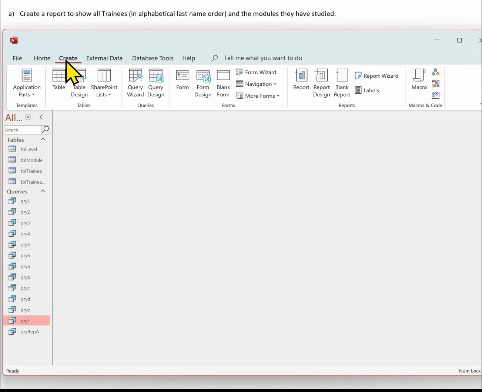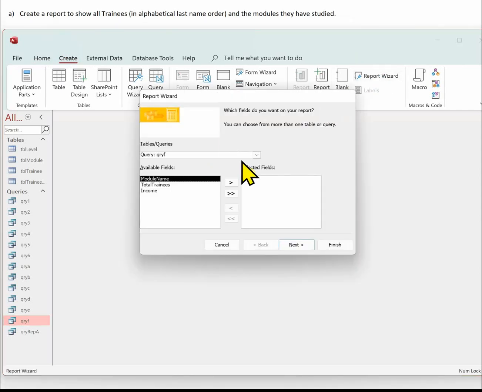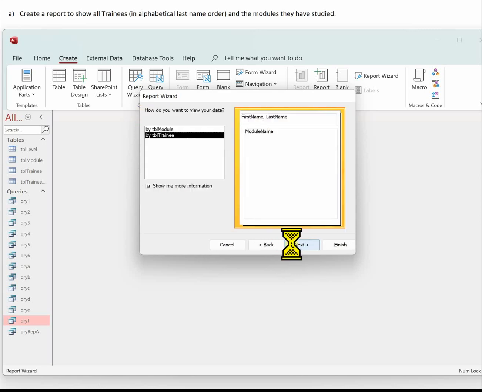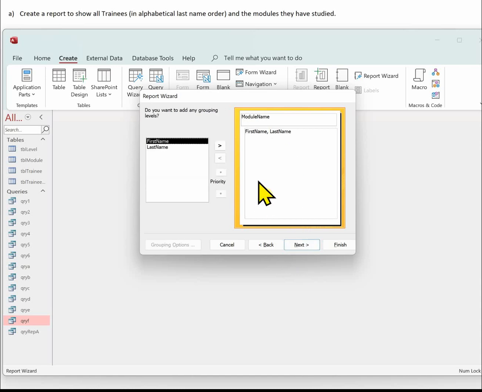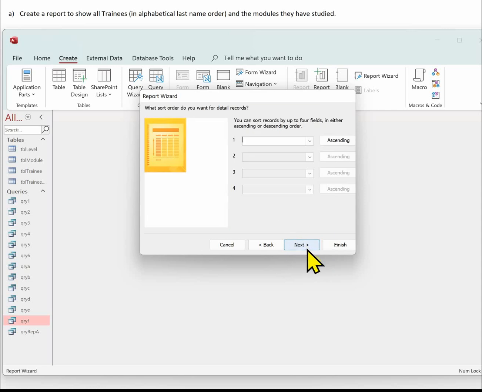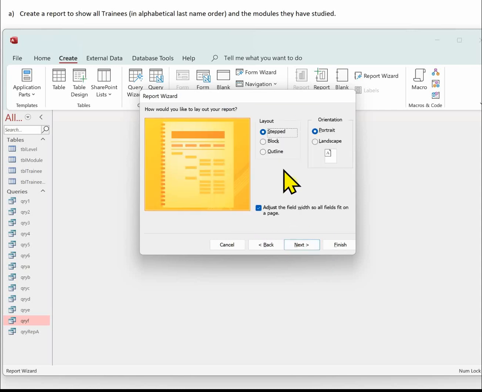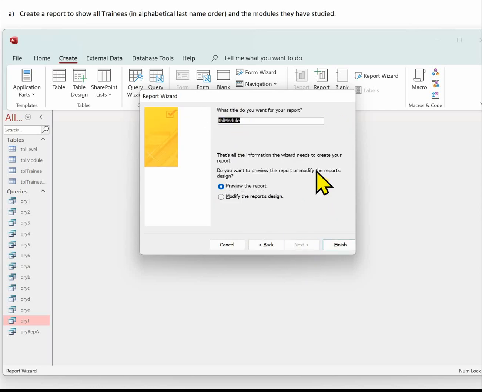So we're going to create Report Wizard. Find the query that you've just created, and we want all those fields in the report. I think we'll organise this by module, so I'm just going to change how we view the data. That means we'll view the module name and then list the students that have taken that module. No further grouping, no sorting. We can leave these defaults portrait and stacked, and then always give your report a name. Begin with RPT for report,